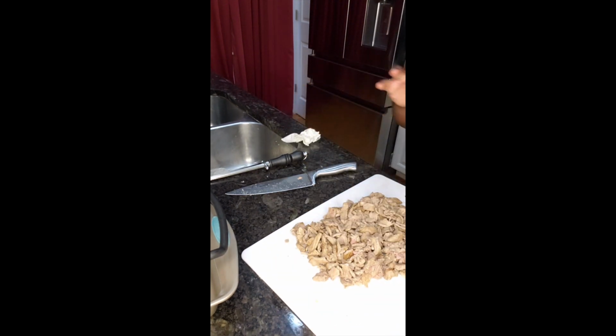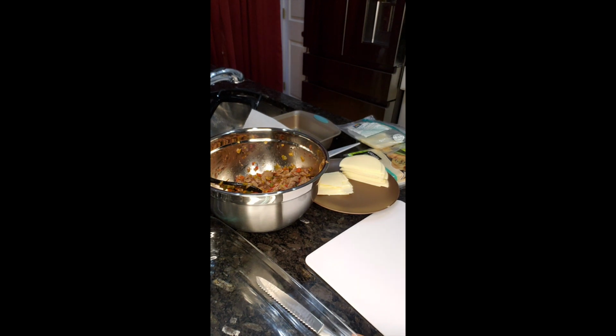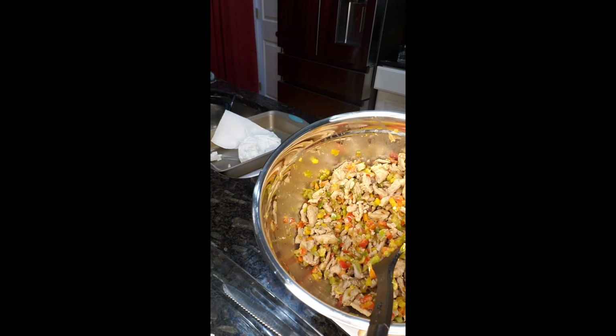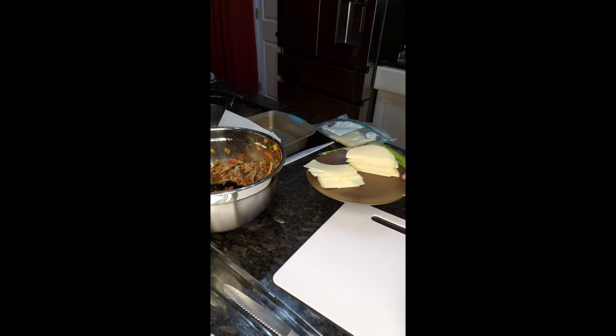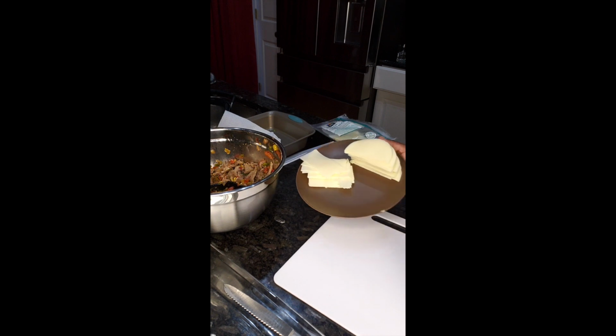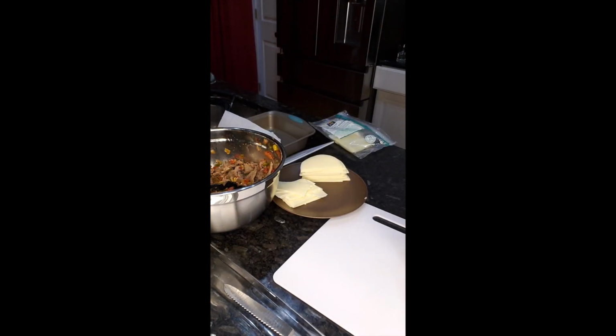Now let's make egg rolls. Alrighty, we are almost to the finish line. Off camera, went ahead and mixed our cheesesteak stuffing. Here we have organic white cheddar and provolone cheese and our soya. So